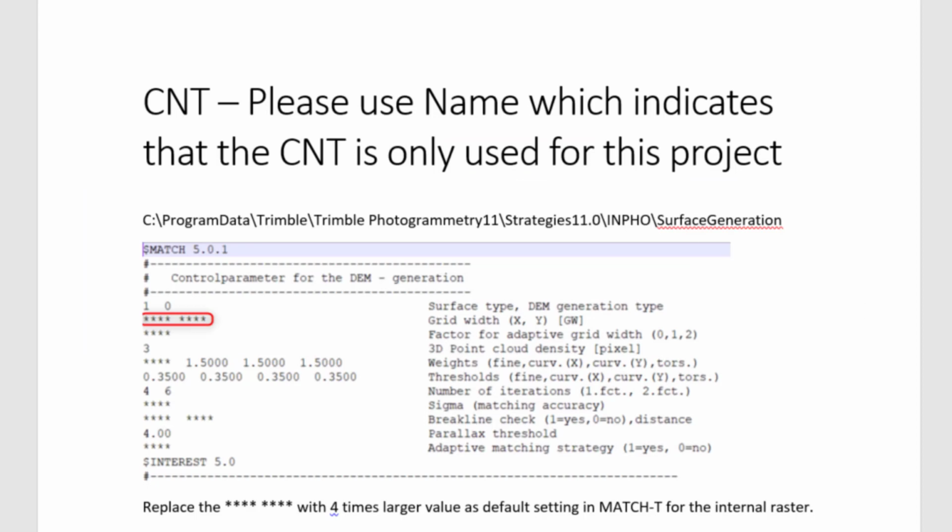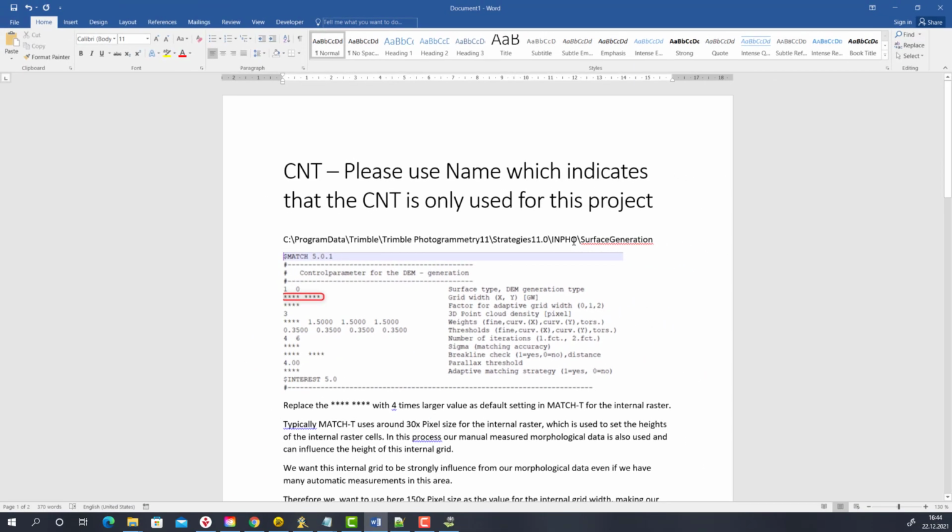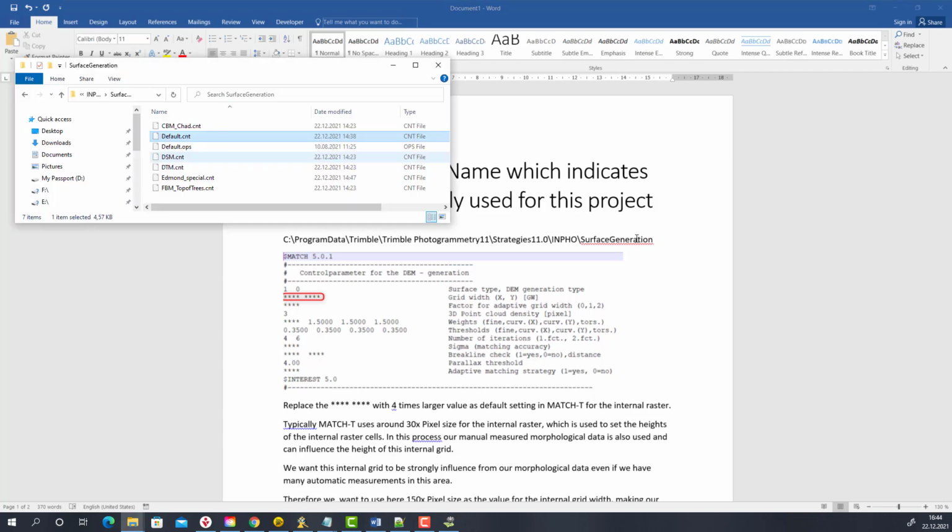in C program data, Trimble photogrammetry, then depending what version you are using. So this video here is showing with version 11. Then in photogrammetry 11 you find strategies 11.0. Of course in 12 you will find strategies 12.0 or 12.1, and then info surface generation. And when we go to this folder, we will find exactly these strategies that we have seen from the drop-down